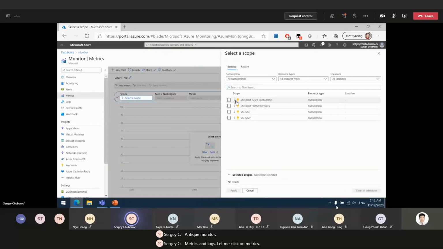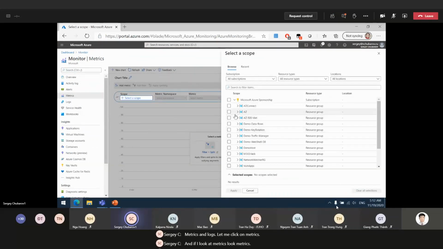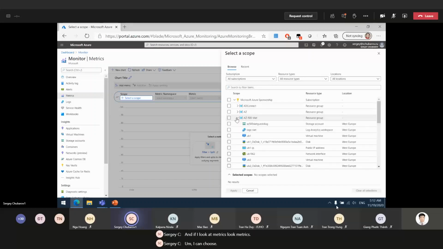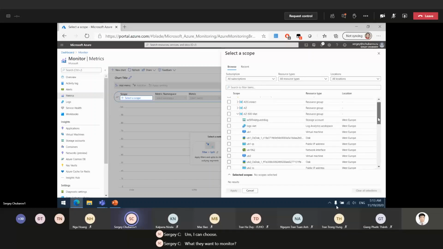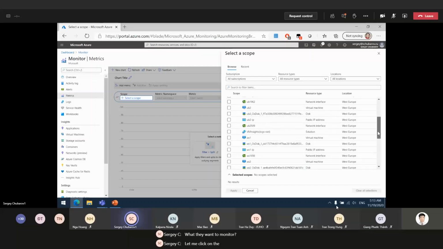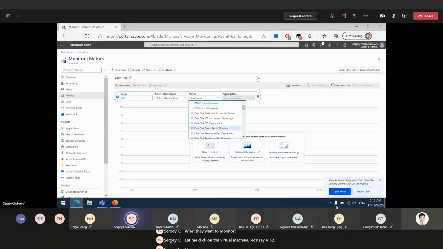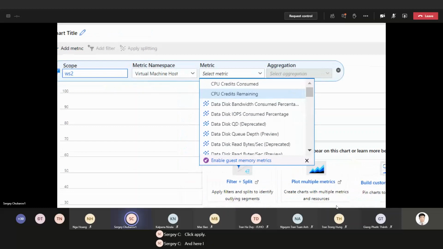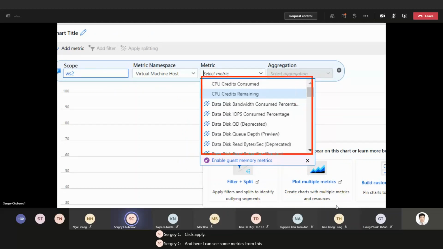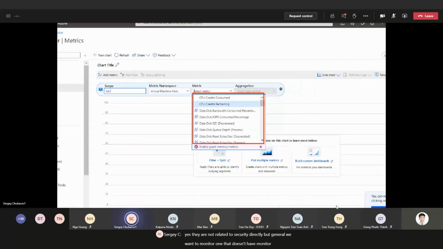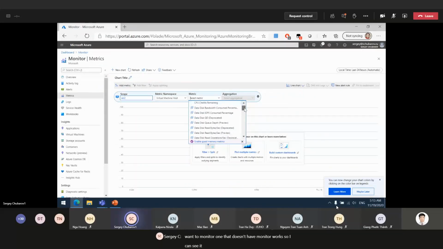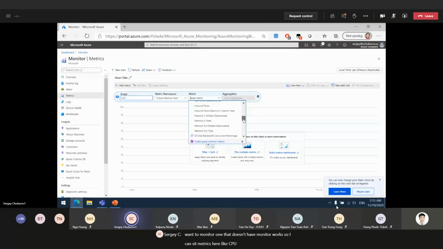And if I look at metrics, I can choose what I want to monitor. Let me click on virtual machine, let's say VS2, click apply. And here I can see some metrics from this virtual machine. Yes, they are not related to security directly, but in general we want to understand how Monitor works. So I can see metrics here like CPU, disk operations,